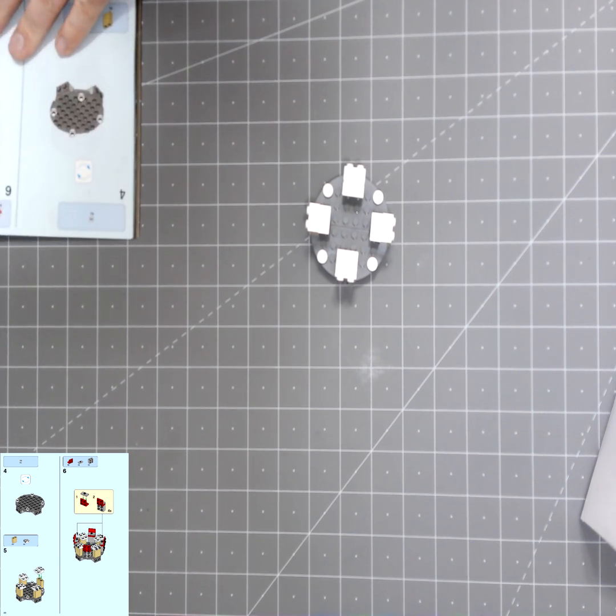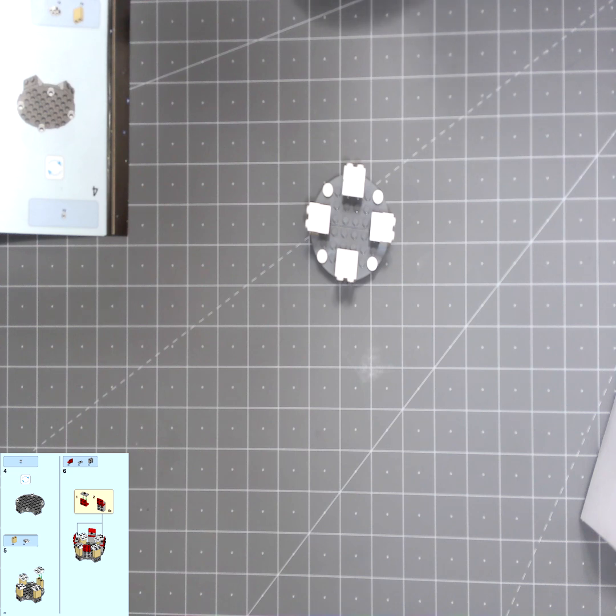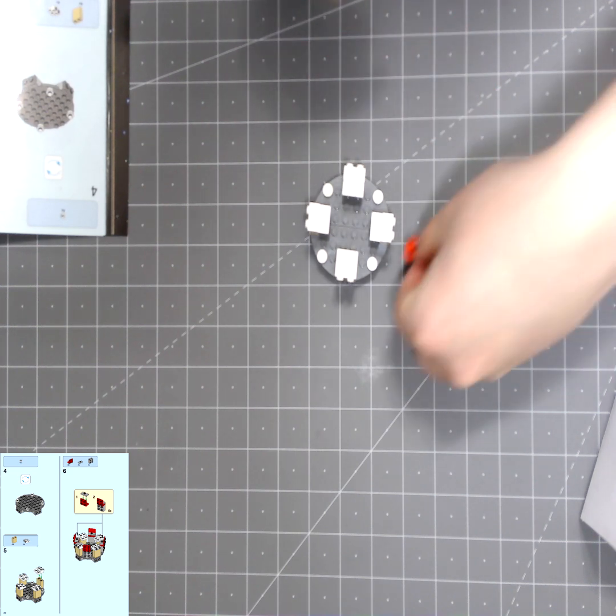Okay, and the next step here seems to be a red. These red ones here, which kind of look like the